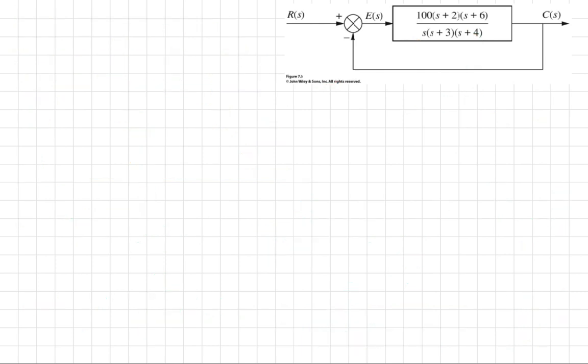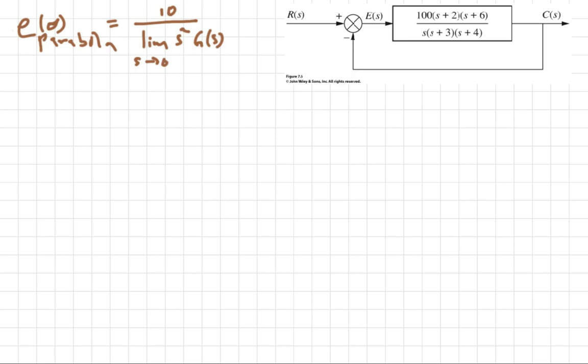So for the parabola, we say E parabola, steady state error parabola, is equals to 10 over limit as s tends to 0 of s square g of s. So this will be 10 over